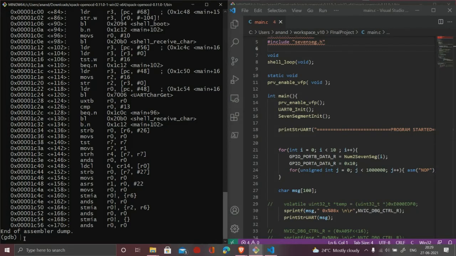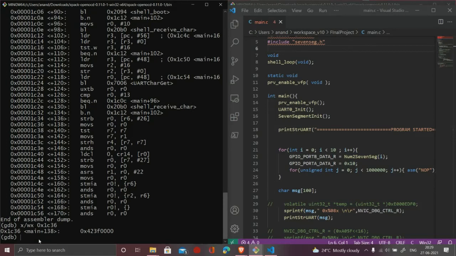To see the content of this location, we can type x/wx. wx stands for w word and x for hexadecimal. I will take this memory location, which is 0x1c36. This will show the content of that memory location.